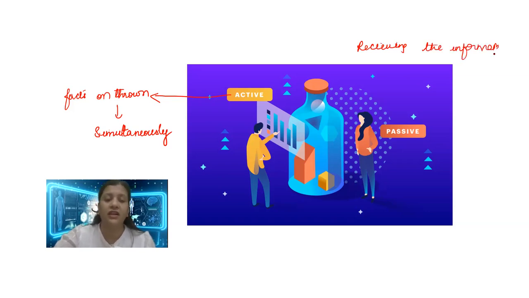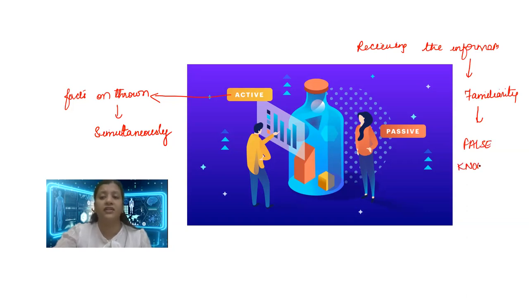You're just receiving the information, not having any feedback, and you feel that you have known the subject. You only have familiarity with the subject, and you do not have complete confidence in it, because you are just exposed to it and feel you know it. This will give you a false knowledge effect. You feel that you have read the subject, and then when you go into the examination hall, you feel, oh yeah, I studied this question, but I'm not able to recall. This false knowledge effect happens when you are doing passive learning.